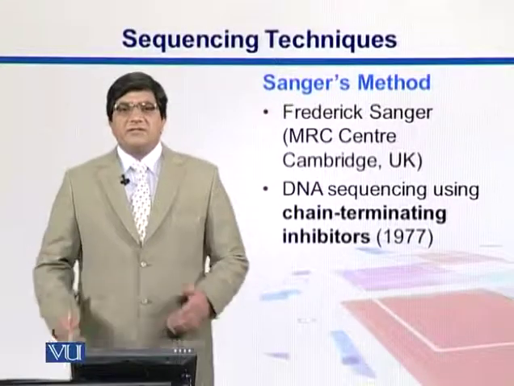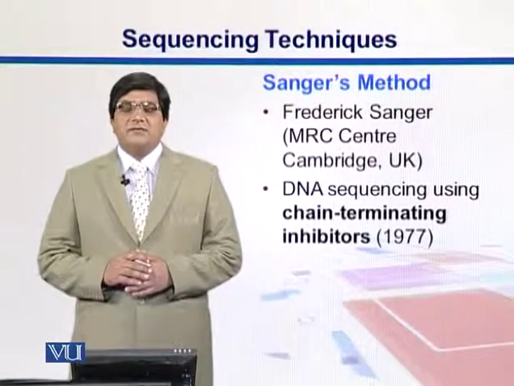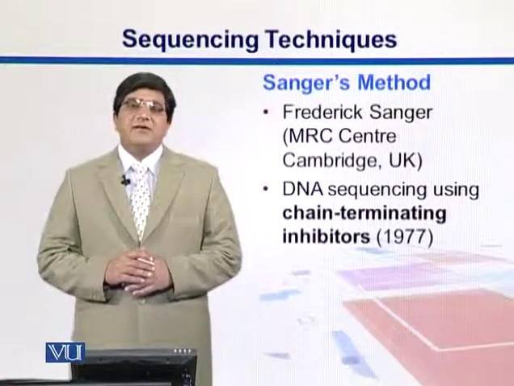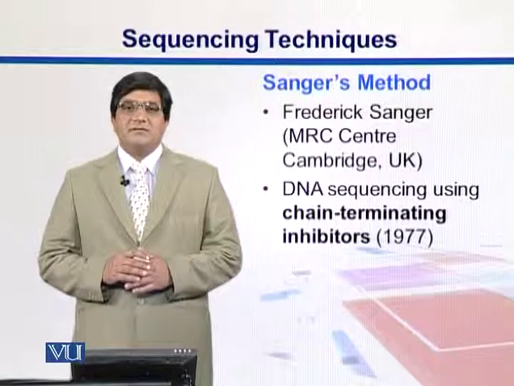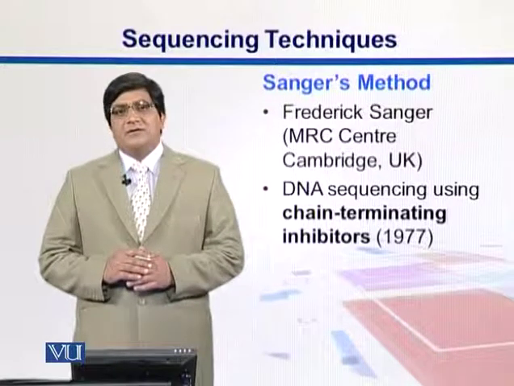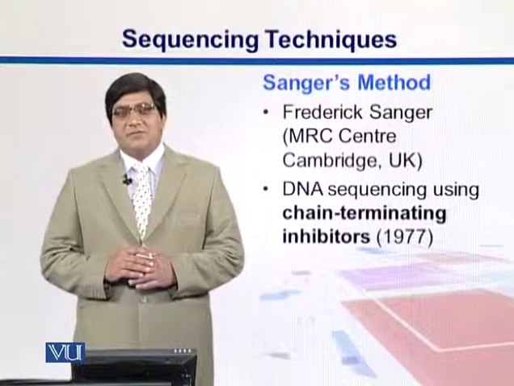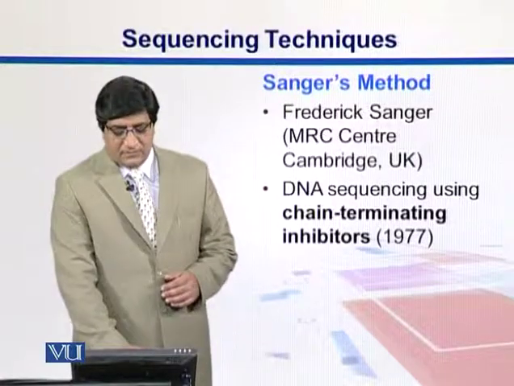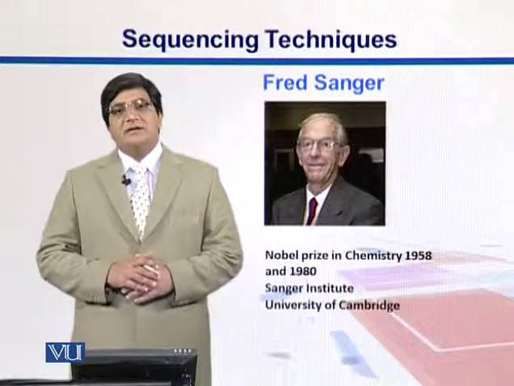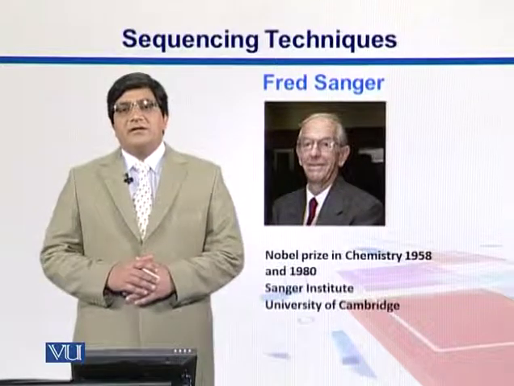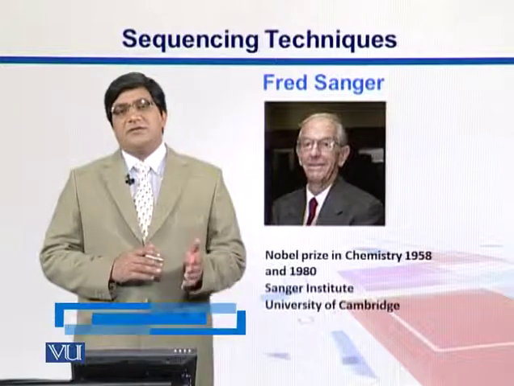Now we talk about DNA sequencing, and I will present first of all the most famous method presented by Frederick Sanger while he was working at MRC Center, Cambridge, UK. His method was known as the sequencing by chain termination. He published in 1977. So here is Frederick Sanger, twice Nobel Prize winner in 1958 for his solving the insulin